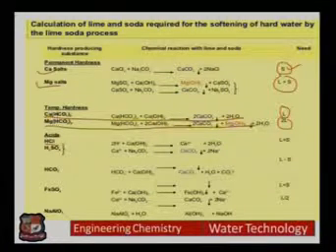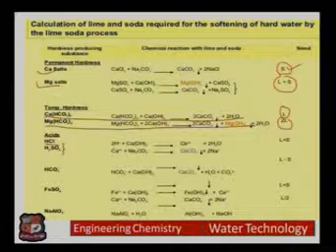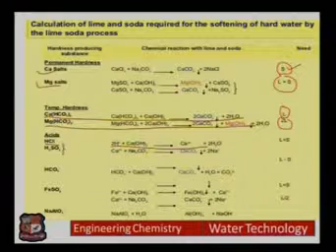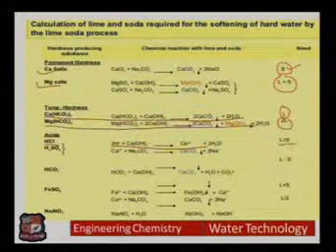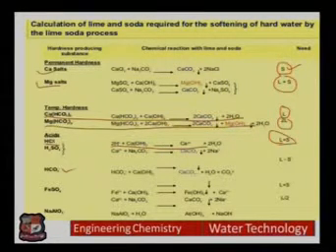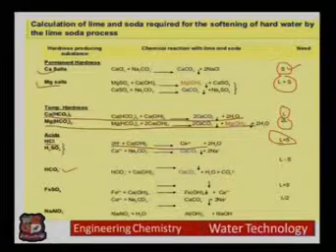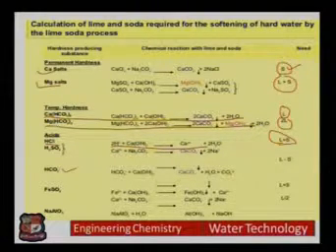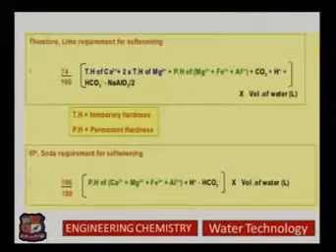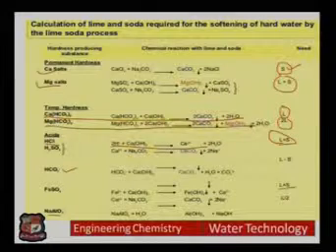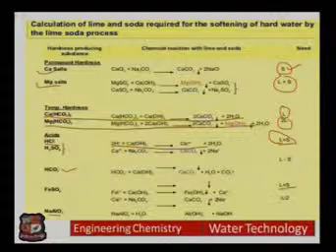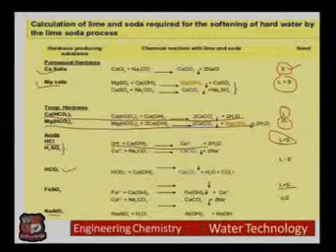In the same manner, acids react with lime, as we have already discussed, and you can see they produce calcium salts which further require soda. So removal of acid requires L plus S. Any other bicarbonate ion, L minus S. If any iron soluble salts are there, then L plus S, and if sodium aluminate is there, then L by 2. So in this manner, we can calculate what amount of lime and soda, or only lime, is required to remove these hardness causing salts.